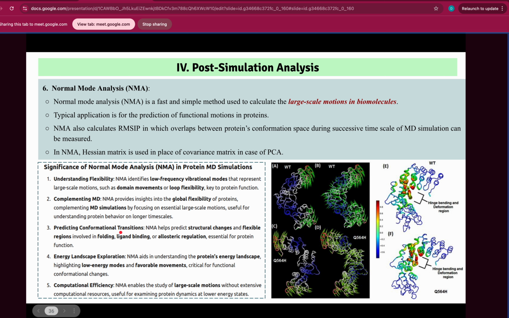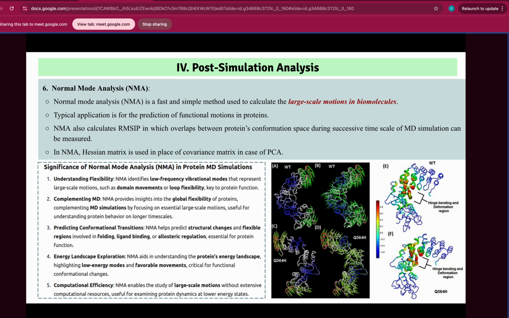It is also helpful in predicting conformational transitions, and it helps to predict the structural changes and flexible regions involved in folding, ligand binding or allosteric regulation, which are essential for protein function. The energy landscape can also be explored, and it is computationally efficient because it studies large scale motions without extensive computational resources. Because when you were performing MD simulations, we perform them at the level of